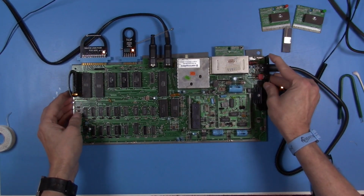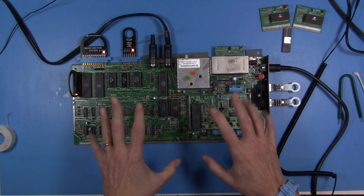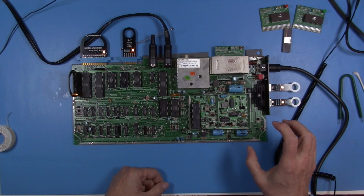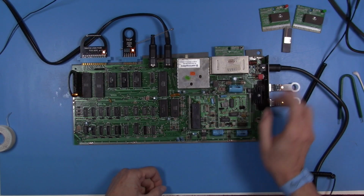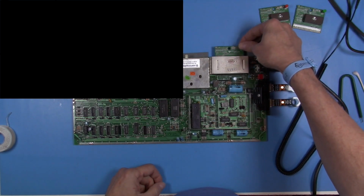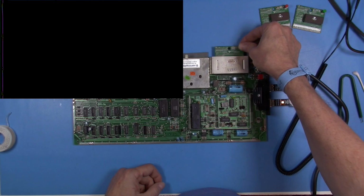this port and see what happens, because this is just weird. I'm starting to think there's not anything substantially wrong with this other than maybe something with a reset circuit. And so that's what I'm going to have to look into. And yep, we have a black screen. If I do a reset,